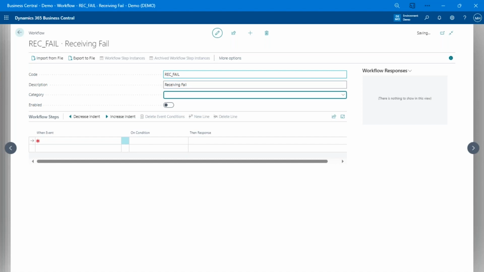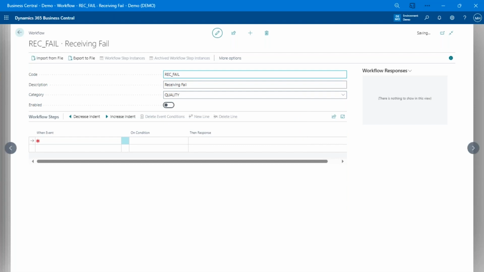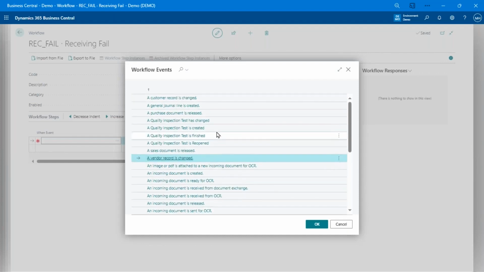I should have probably done production, but that's okay. It doesn't really matter. And then let's put it in the Quality Inspector group. Then I'm going to say, you know what? When I come in and I finish a quality inspection test, you've got these basic events that you can trigger on, like when you change a test or create it or finish it or reopen it.